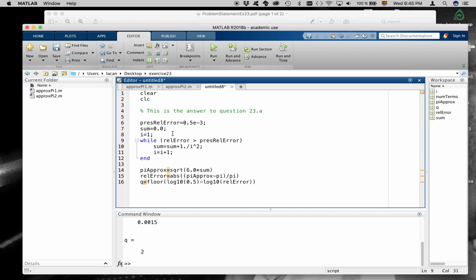So the idea is, if the relative error is bigger than the prescribed relative error, what do we have to do? Well, we have to update the value of sum, we have to update the value of I, but also we have to compute the value of the approximation and the relative error of that approximation. So to that end, I will copy these two sentences and move them, Command X, Control X, and move them